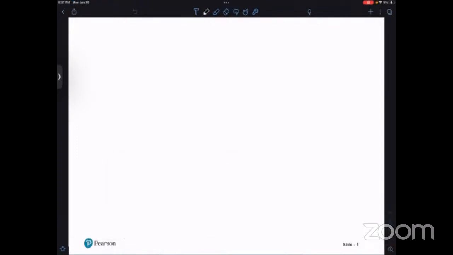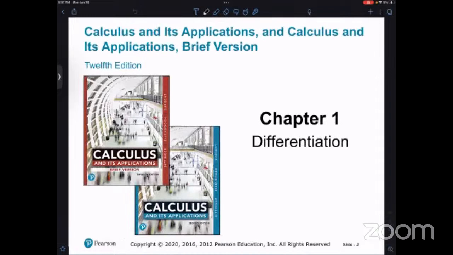So we're continuing chapter 1 on differentiation. Again, the main takeaway of differentiation is that the derivative is the slope of the tangent line at a point, right? A tangent line, all it is, if you have a curve and you have a line that grazes the curve, it doesn't cross it, it grazes the curve at a point. And so that's called a tangent line. And so the derivative is the slope of that tangent line.